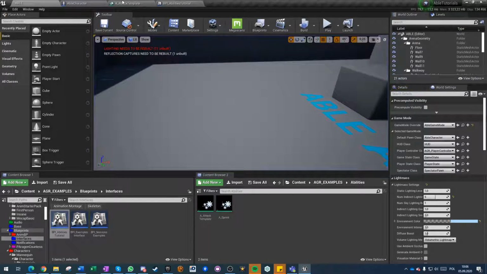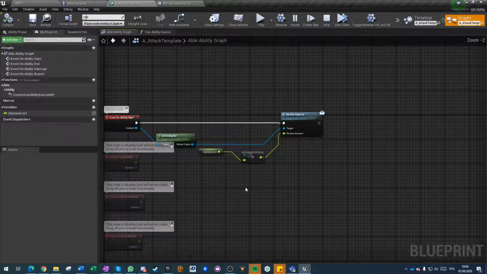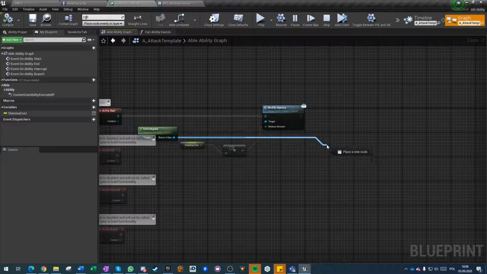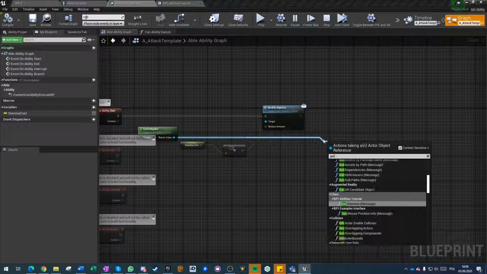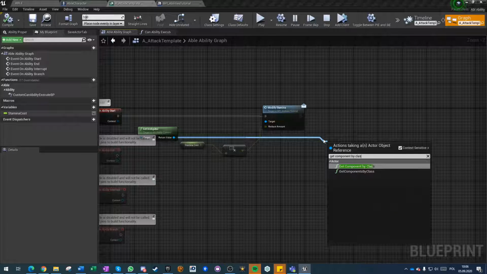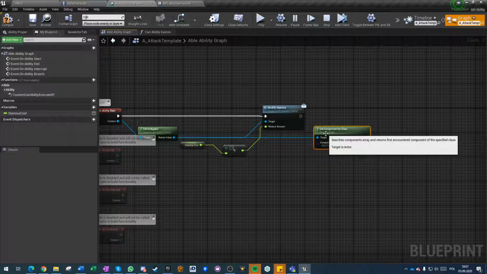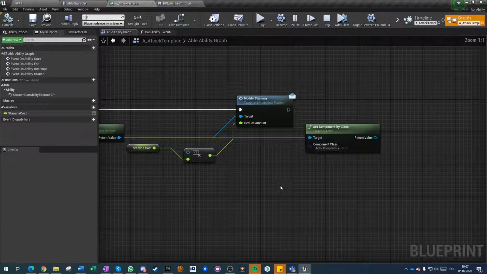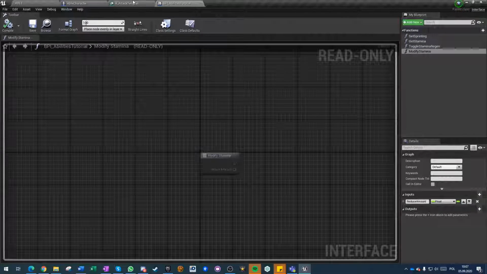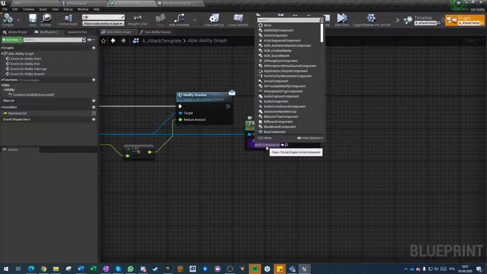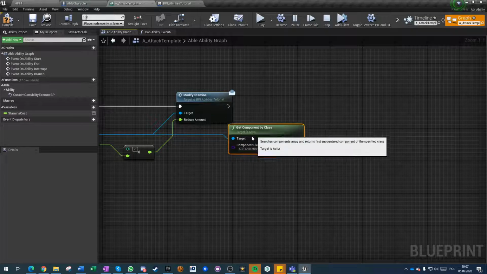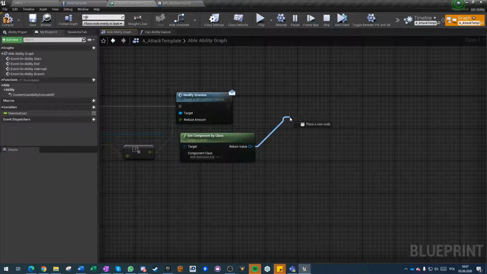Okay. What else should we do here? We can also get components directly. So we can do like this, get component by class. Keeping your logic, functions, and events inside components makes it a lot easier to work with, because you don't need to use interface when you have a component. For example, I can get my AGR animation master component, and from here I can